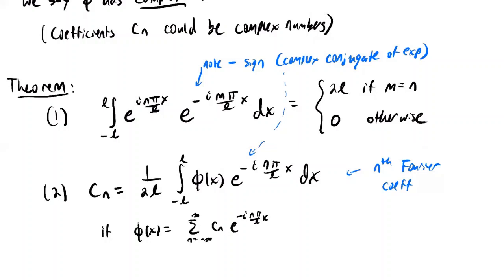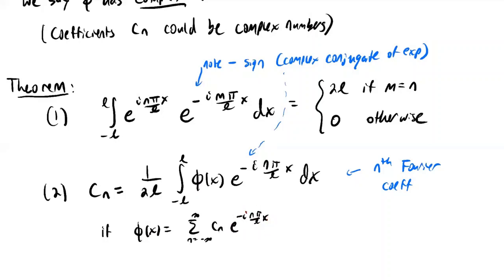Right, you want to first prove the orthogonality, which is just a calculation involving taking the antiderivative of an exponential, which is easy. And then for the second part, well, what do you do? You have this series here. We're going to plug this in for phi, right? You plug in this infinite series for phi. And since each term in the series involves a complex exponential,